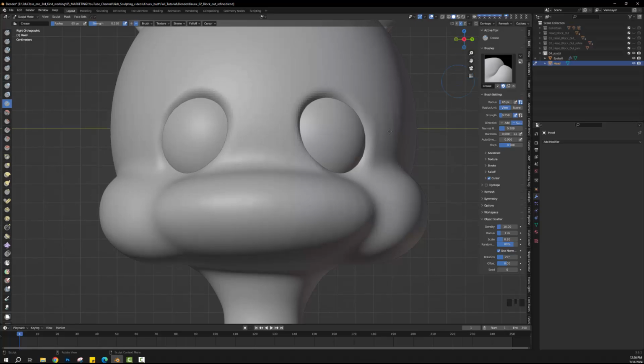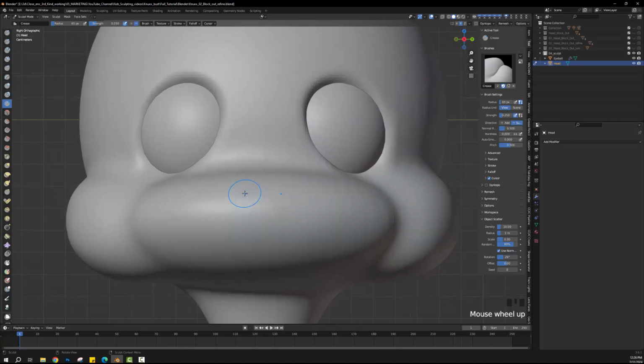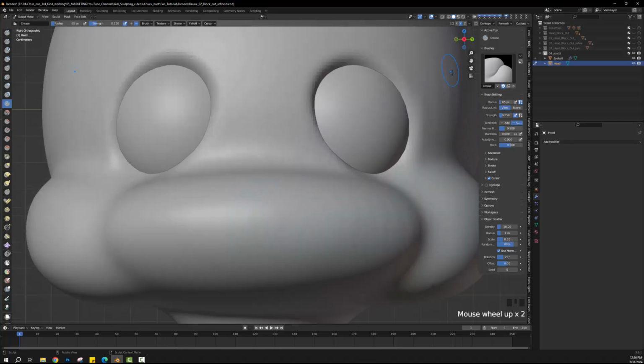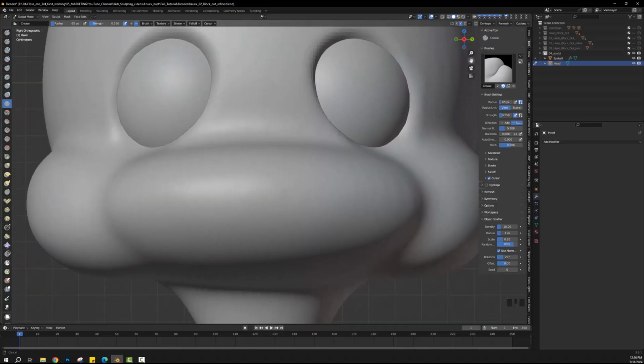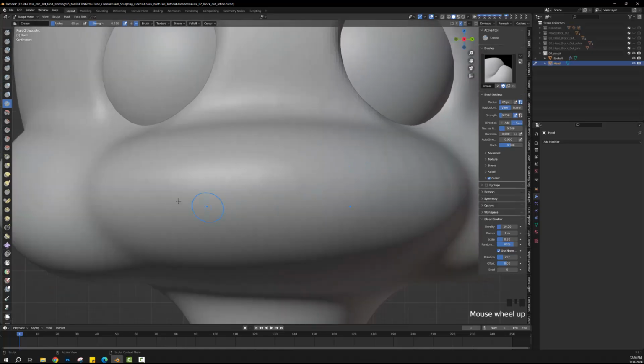Okay, so I'm using the little mouse wheel to come in close, and right up here I'm using this little hand, which basically allows me to move things around in the viewport because I want to get in close, and I want to get to the center. So we're pretty close right there. I want it a little lower down,